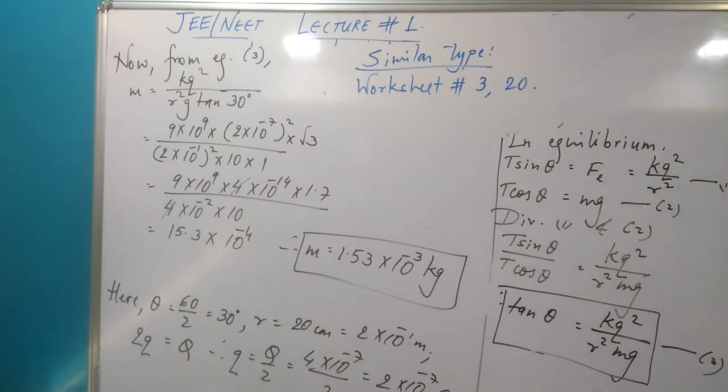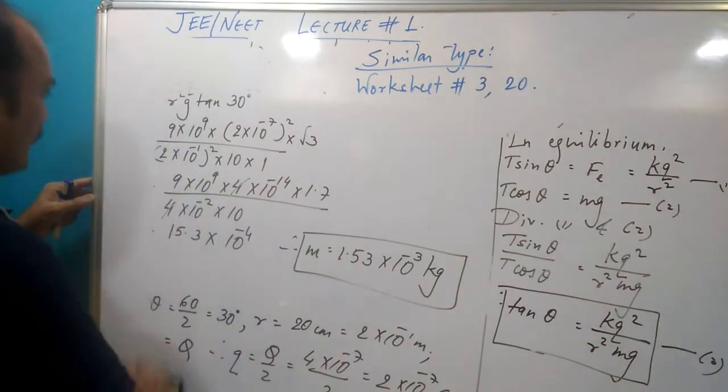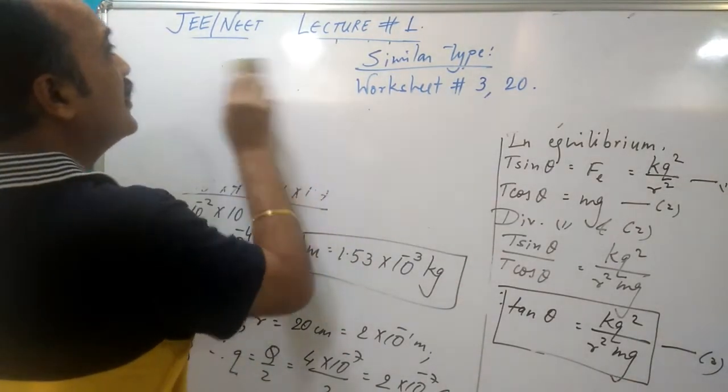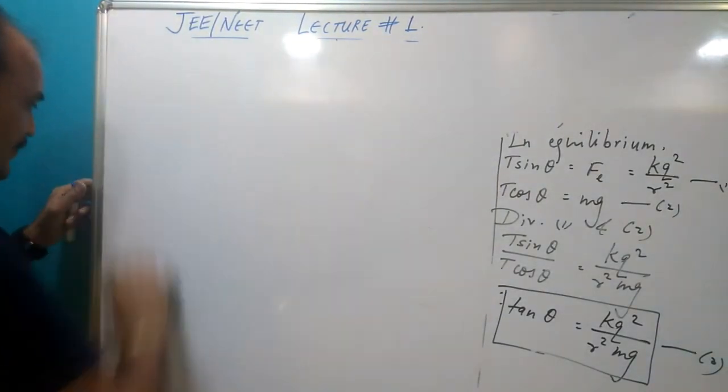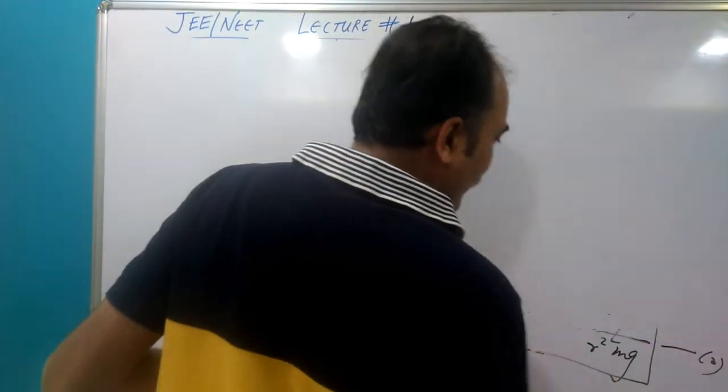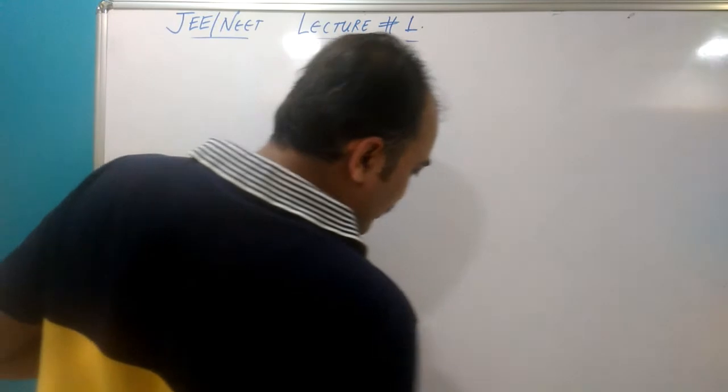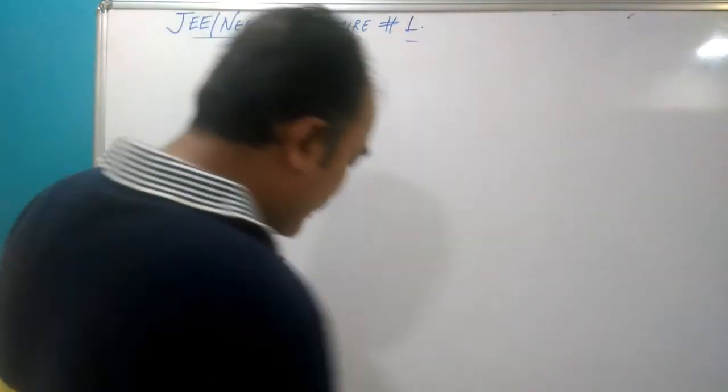Let us proceed to another example, which is also a very lovely example. This is also from the worksheet. Let us do this. In the numerical that we are going to do now, this is a bit tricky, but provided you are paying attention, it will not seem too tricky for you. They have given me, what have they given me? They have given me a lot of knowledge. Now who is they? They is the ideas. The ideas give you a lot of knowledge, and based on that knowledge, you devise a formula, and utilizing the knowledge and the formula, you go out and solve the sum.